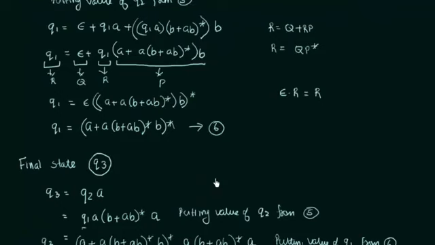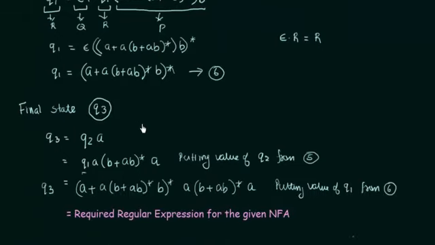And finally, after simplifying all the equations for each of the states, we take the final state, and into the final state we substitute the values of each of the equations of the other states, and finally we obtain an expression which is expressed completely in terms of the input symbols, and that is the required regular expression for the given NFA. So that is how you convert a given NFA to its